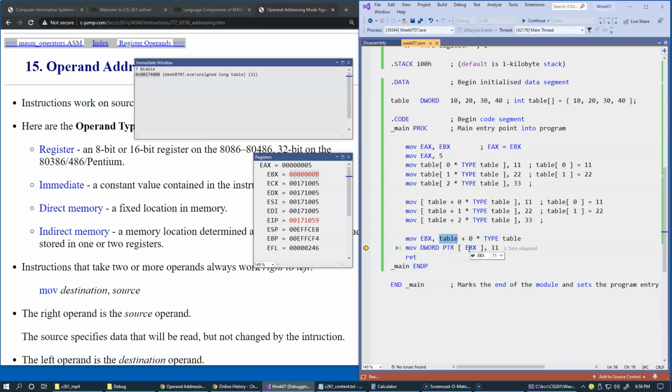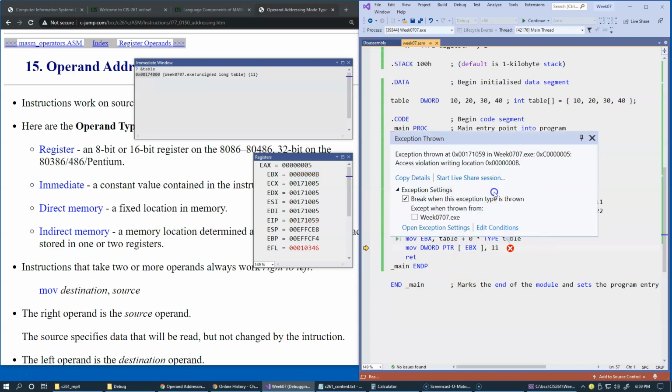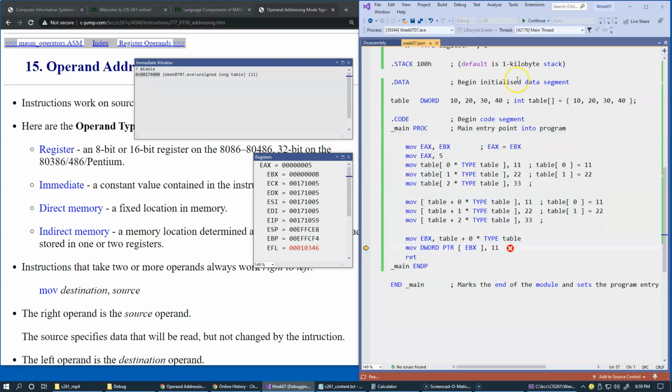So of course, if I step over the next line, most likely I will end up in memory access exception, right? So if I step over the next line, F10, there it is. It's bad. Okay, so this is really, really bad because we did something wrong here. So how can we fix it? Debug, stop debugging,